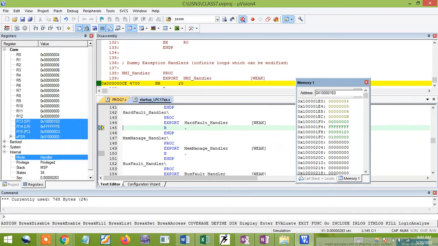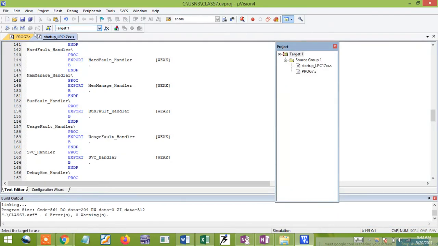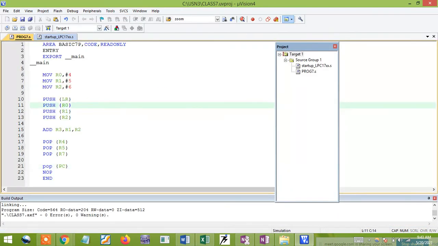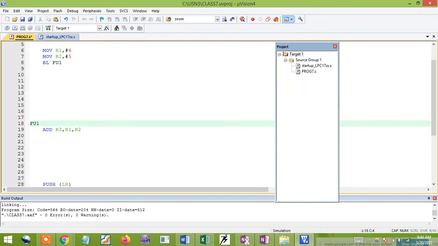So I'll do a small modification of that. Move R1 comma 4, R2 comma 5. I'm using the BL instruction, BL FU1. FU1 is a label of my subroutine, the subprogram. I'm doing some operation on R1, R2, R3.